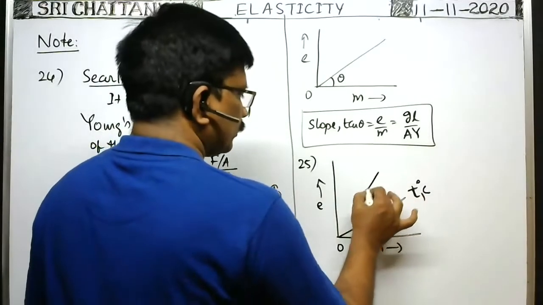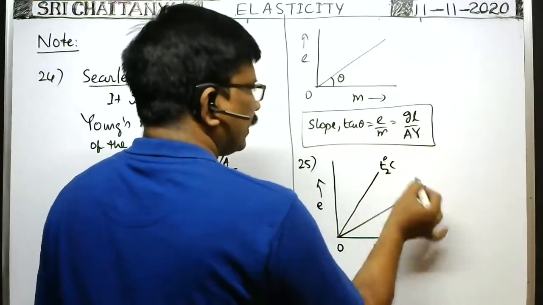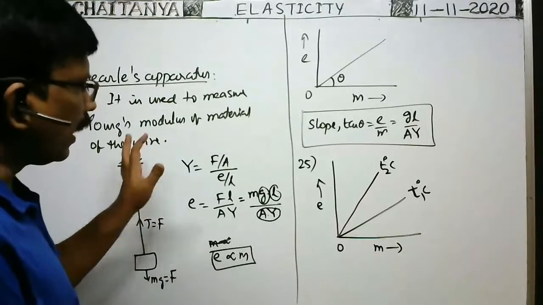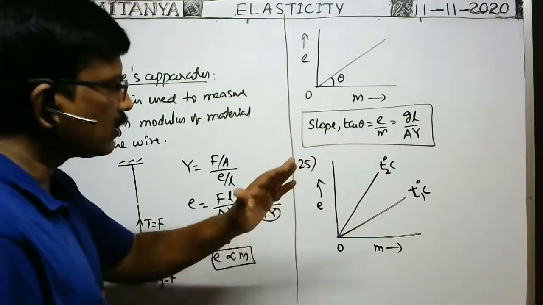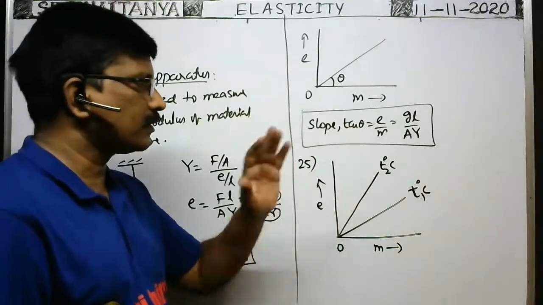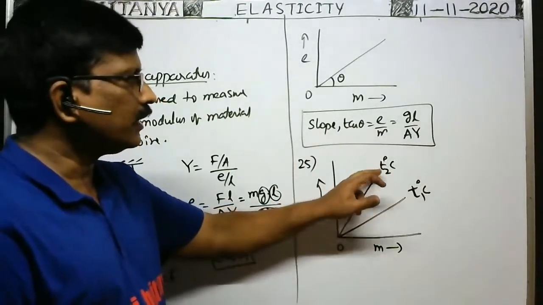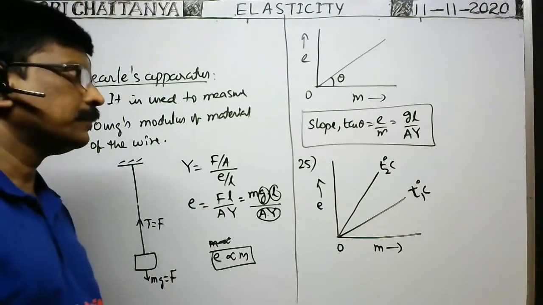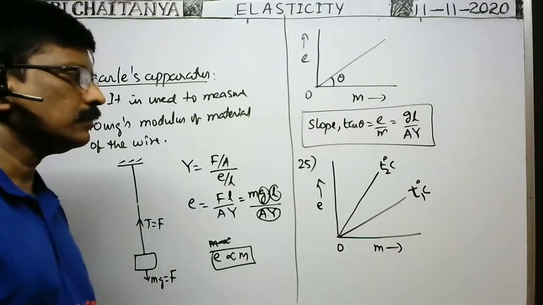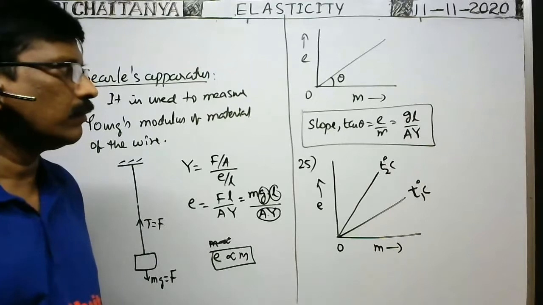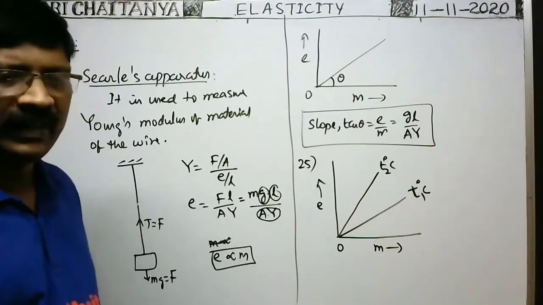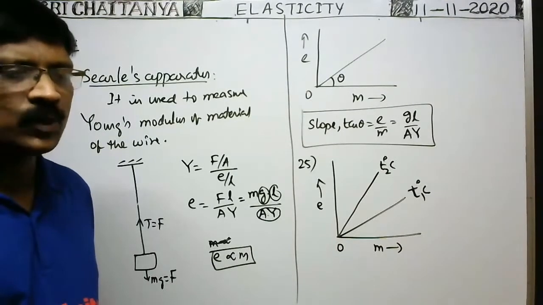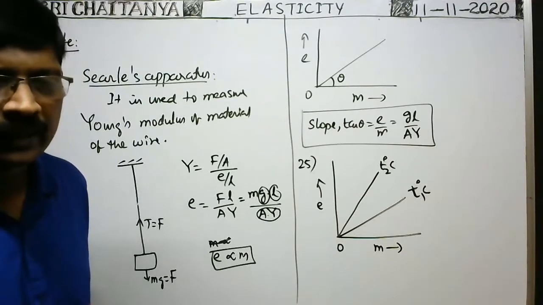At a temperature T2 degrees centigrade, centigrade means definitely it is the temperature only now, for the same wire, again the load versus elongation graph is drawn. Then the graph is obtained like this. Then what is the relation between T1 and T2 temperatures? What is the relation between T1 and T2? Tell me. Anybody else can say? Anybody? When temperature increases, what happens? T2 greater than T1.